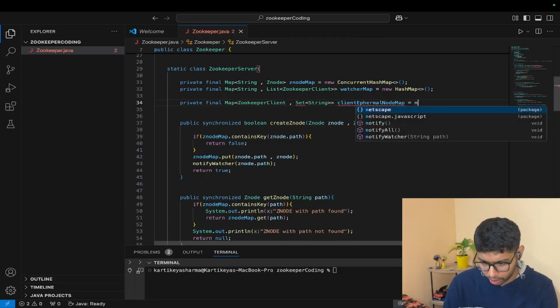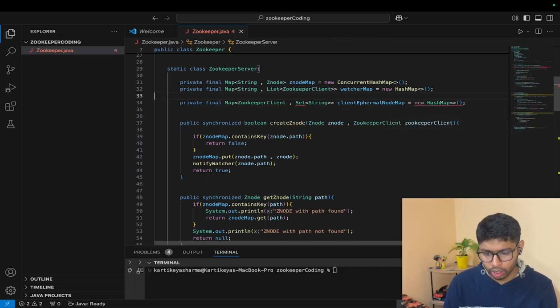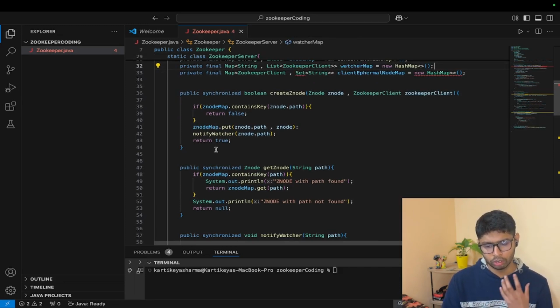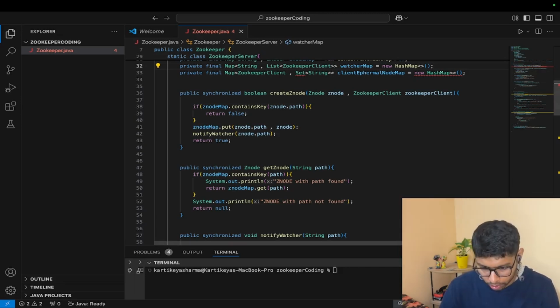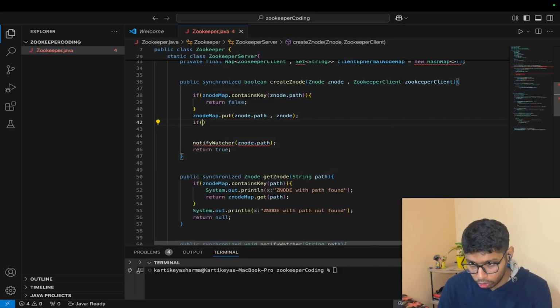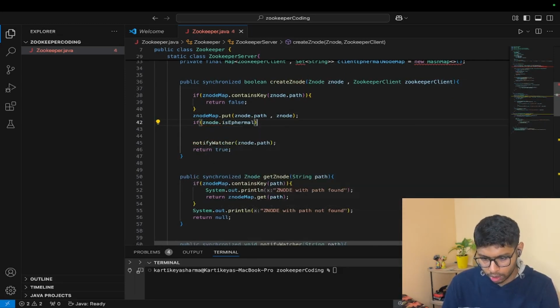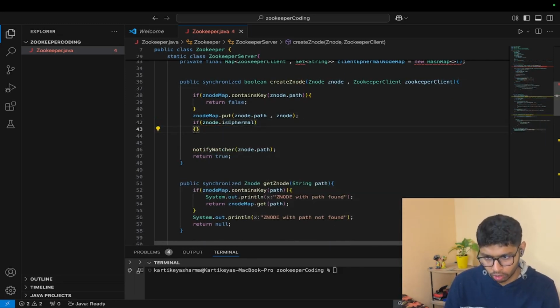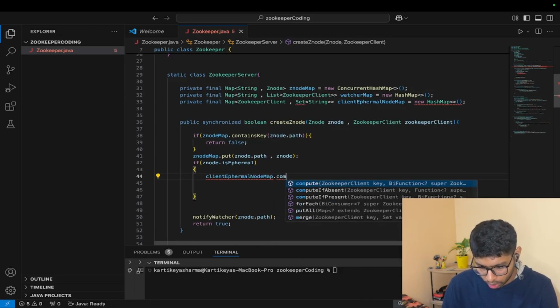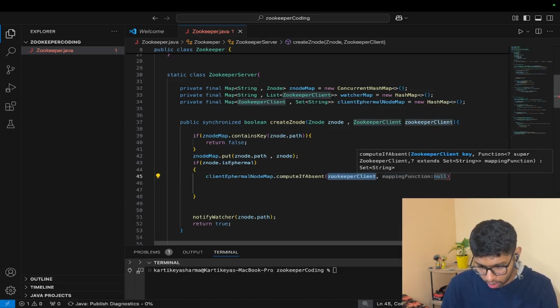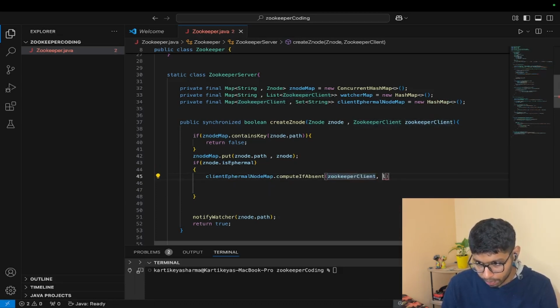Okay, that we have created is again going to be a new one. So what will happen in that situation when suppose we have created this create znode, and if this node is going to be ephemeral, what we'll do is also add that node in this list or in this map. So let me write that down too. If znode.isEphemeral is going to be true, in that situation only what we are going to do is clientEphemeralNodeMap.computeIfAbsent(zookeeperClient, k -> new